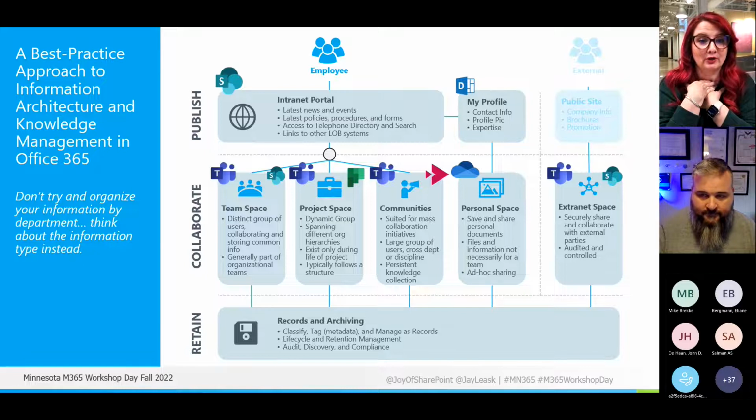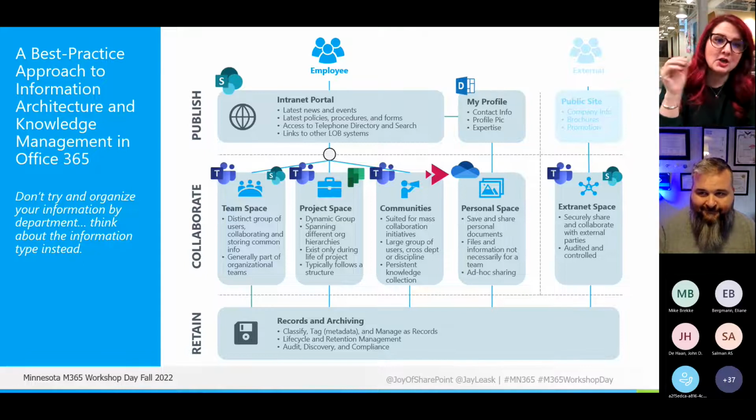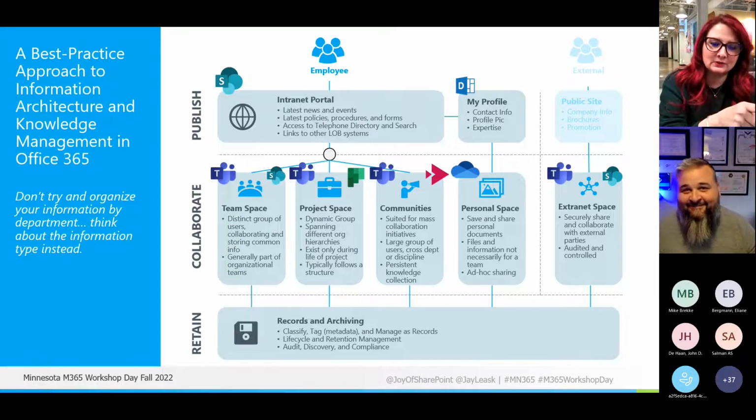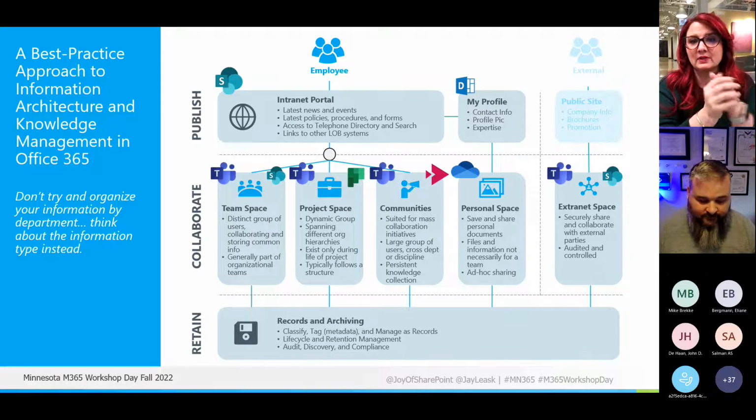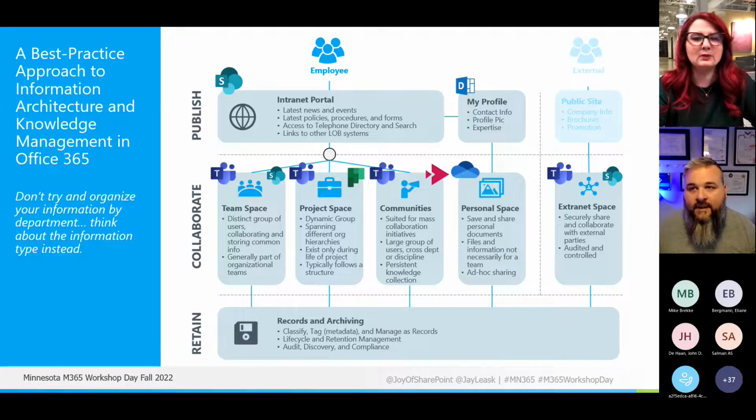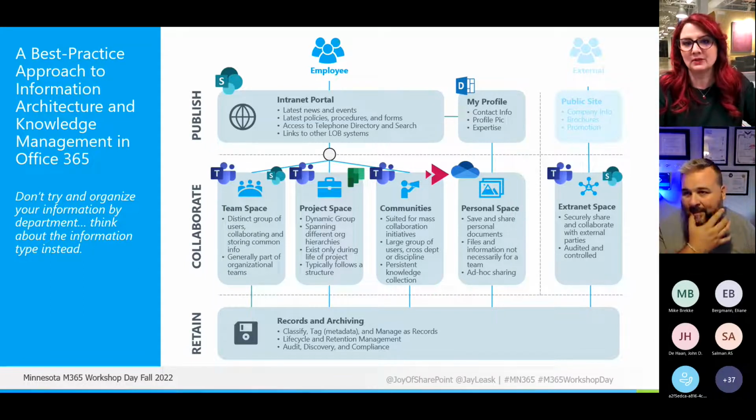I'm a solutioner at heart. I try to fix everything, but maybe you don't have to, and I encourage you to have the conversation Jay said first. What do you need to do? When I do strategy sessions with organizations, I try really hard not to ever do a demo during those focus group conversations.